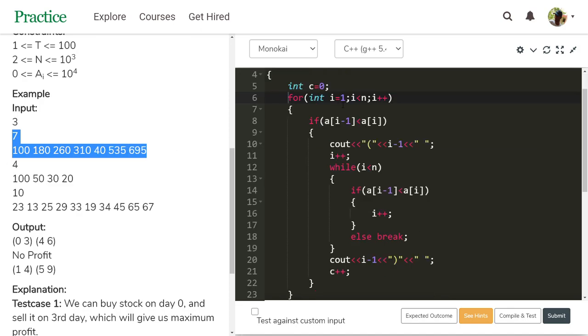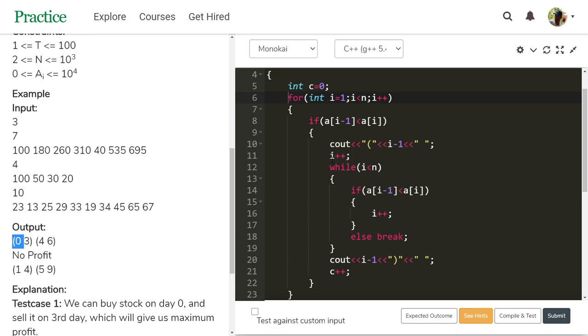See this, we are at i equal to 1, which is 180. See this, the if condition: A of i minus 1 less than A of i. 100 is less than 180, it is true. Then cout open parenthesis i minus 1, which is 0, and a space.